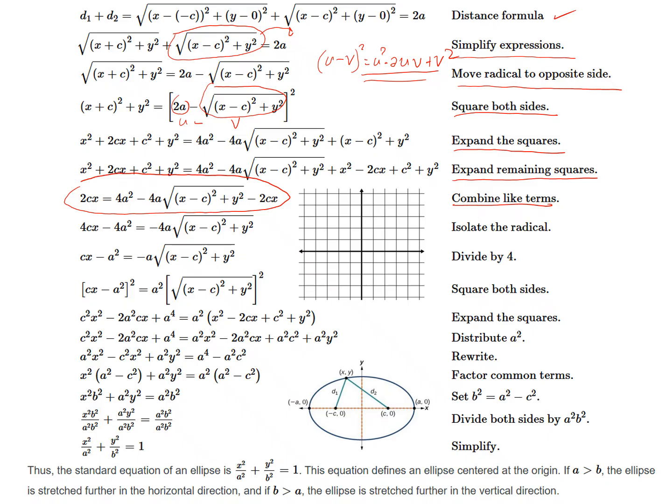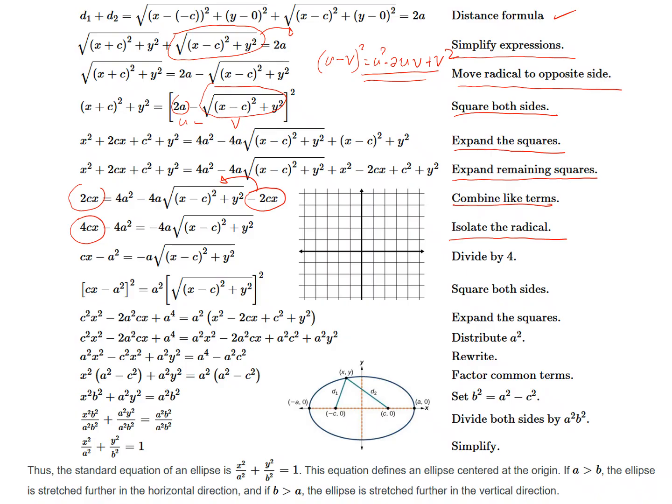Okay, and then after that, we isolate the radical. So put the radical on one side. In this case, we put the radical on the right side, and then put something else to the left side. Like for example, this one here. We have minus 2cx. Transpose this to the other side, and you combine this with another 2cx, so that's why it becomes 4cx.